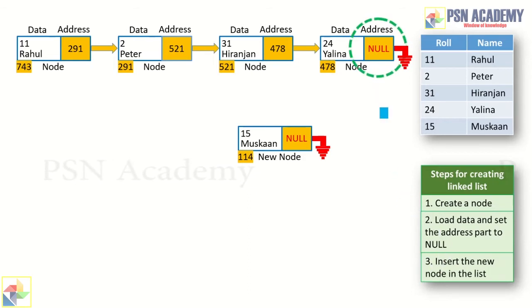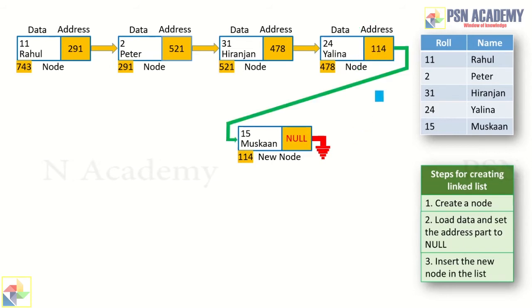Now you see here, if you put this 114, the address of the new node here, then this node will be linked to this new node, right? So it will be something like this. So the new node is now a part of the linked list. This linked list is of internal storage type, since the data itself is located within the node, in every node you see here, the data is stored inside the data part.